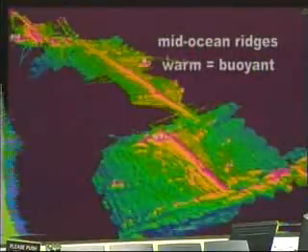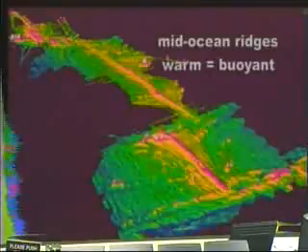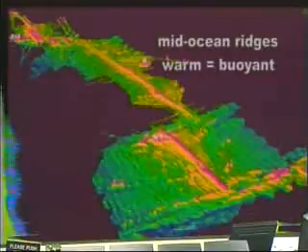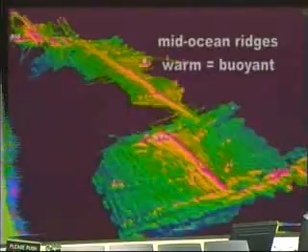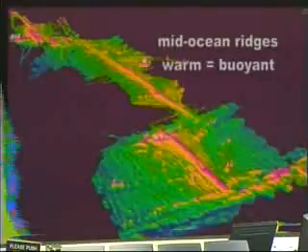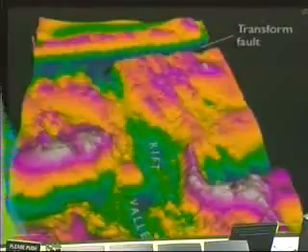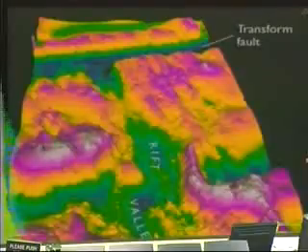Here's another picture of one of those rift systems close up with a DEM. The central ridge is elevated nice and high because it's warm and buoyant, less dense. These are the mid-ocean ridges. Bam, all of a sudden they're offset right there at a 90-degree turn. What's going on with that? How can you rip that and slide that? We'll come back to that, but that has a name. It's called a transform fault. I'll define a transform fault again later on this semester, but all of a sudden we create new terms in our vocabulary because we're learning more about the seafloor.